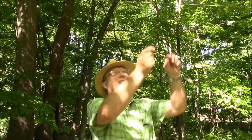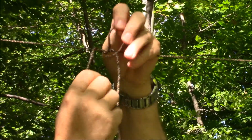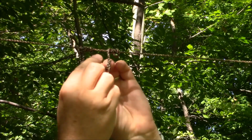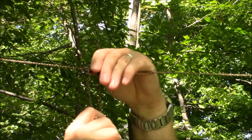So we'll put our first prusik knot in. And again, it's a real simple knot. It's a simple knot to tie, really. You just wrap it around the ridge line 3 or 4 times, and then you take the longer end and kind of slide it through